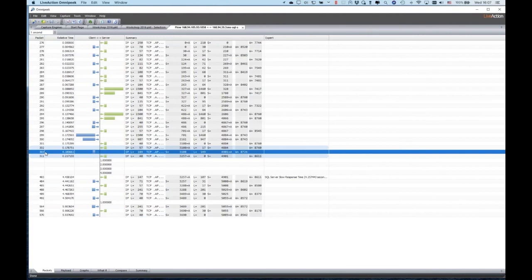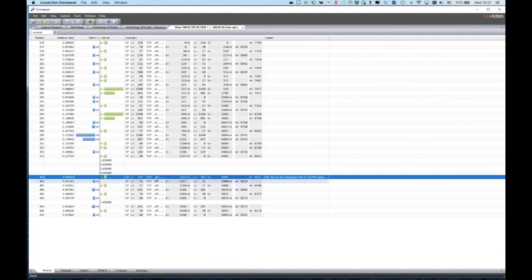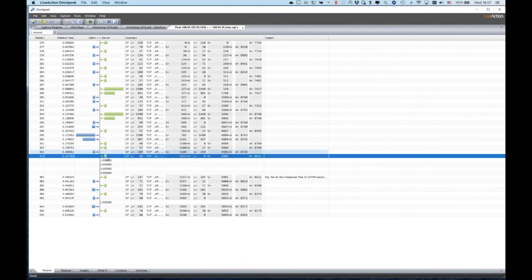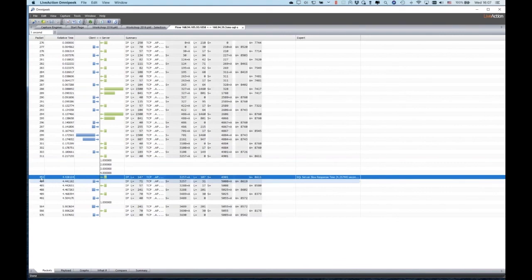So clearly what happened here is, at this point, at packet 303, we obviously issued a SQL command. Then we've got nearly 4 or 5 seconds before we get the response. So the command was issued there. We get an ACK. I can open these up if I want to, make them wider if we need to. But you've got the acknowledgement to that request almost immediately, but it's taken almost 5 seconds before we get the packet,